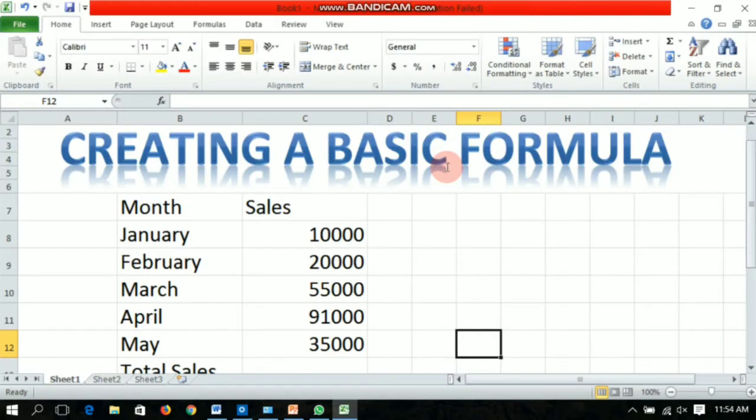So now we will talk about creating a basic formula. A basic formula involves only one type of operator in it. It does not contain many operators. You can use only one. Here I have made one table in which various months and their sale are there.